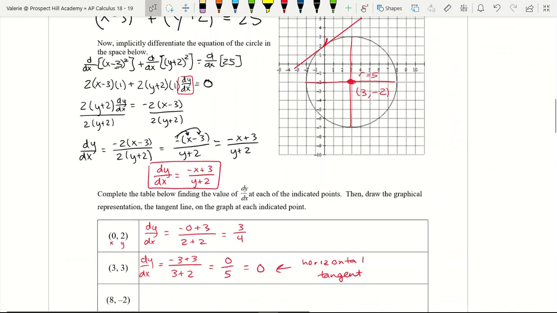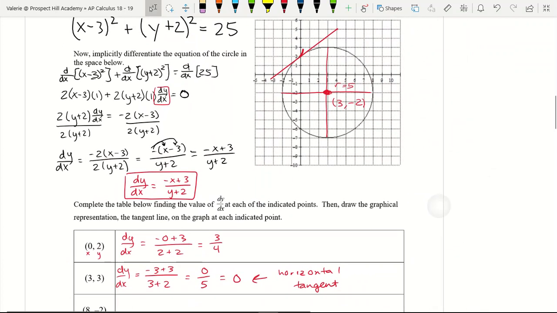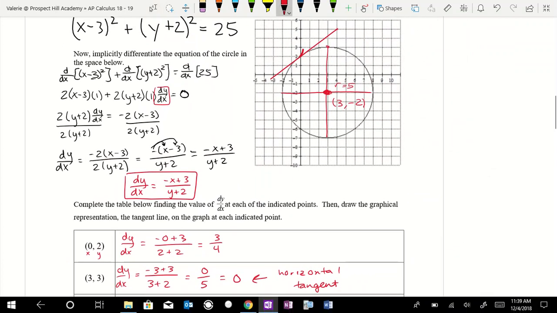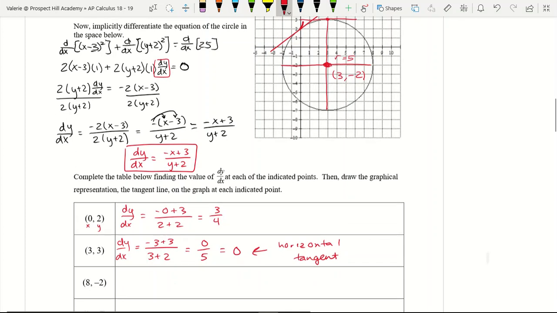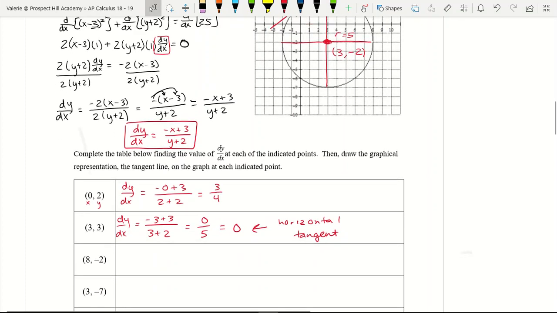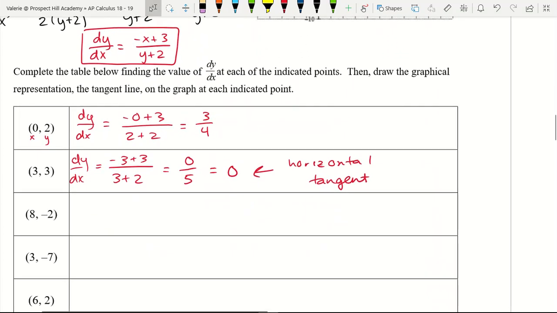So since we know we should have a horizontal tangent at (3, 3), when I get there, I know that all I'm going to need to do is draw a straight horizontal line, and that will be the tangent line. And then for (8, -2), that means that dy/dx is going to be equal to